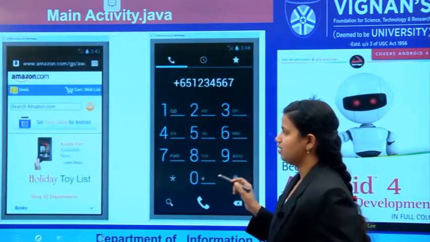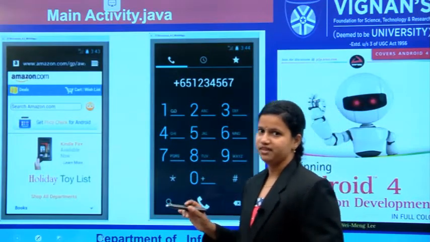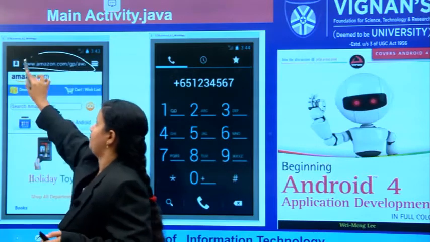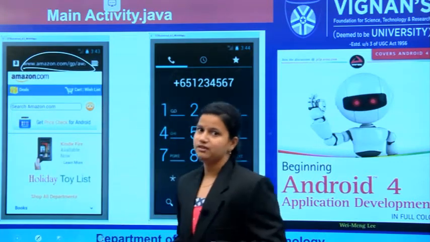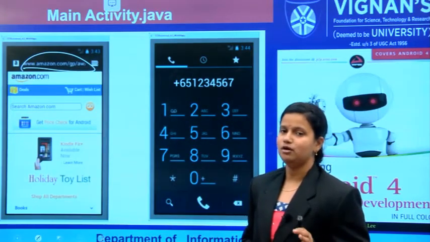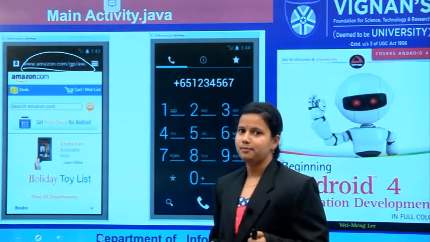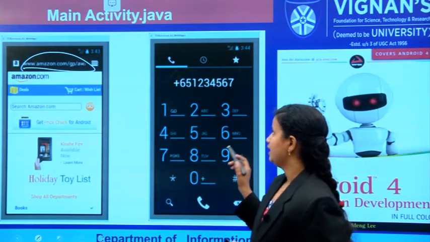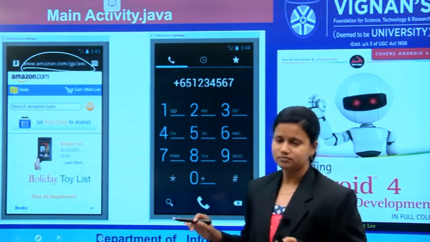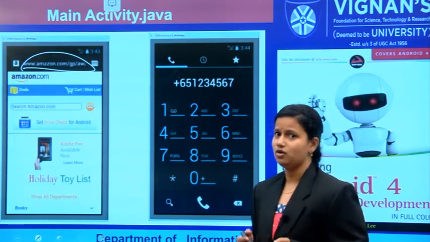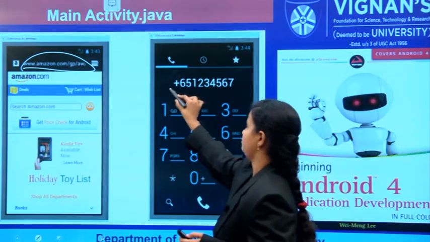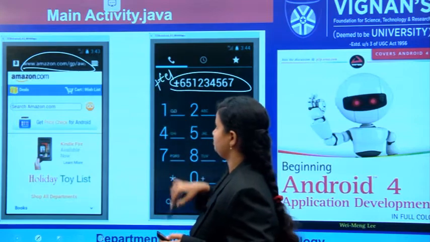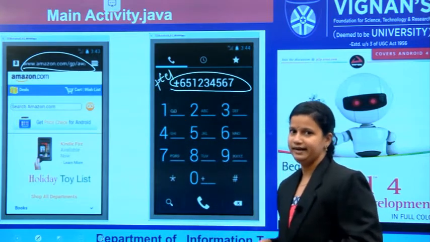In this we are only opening two websites. Let us see. The Amazon site will be opened when you press the web browser button. When you press the second button, make a call, it calls the corresponding number provided in the Uri of your intent.